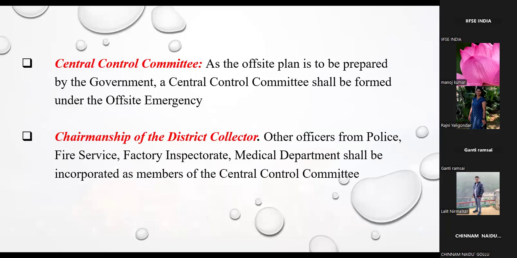Now, how do you go for an offsite plan? You have to have a central control committee. Now, this central control committee as an offsite plan is to be prepared by the government. A central control committee shall be formed under the offsite emergency plans. The chairman of this control committee is your district collector. Now, apart from the district collector, there are other departments involved, such as police, fire services, factory inspectorate, and medical department. All these shall be part of the